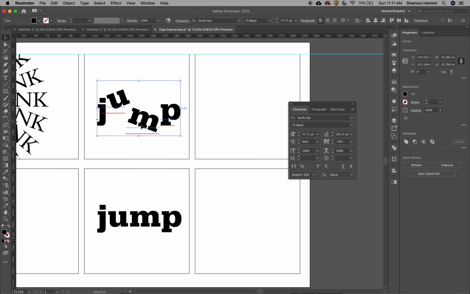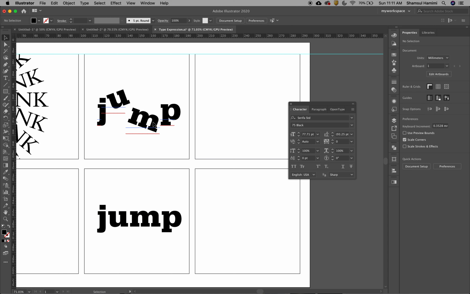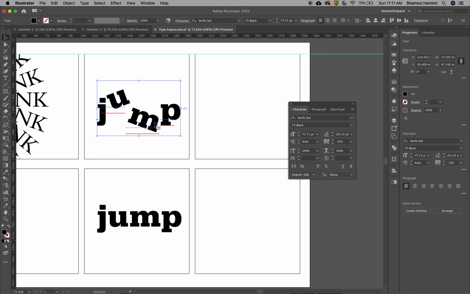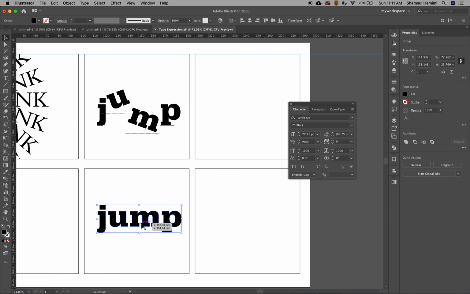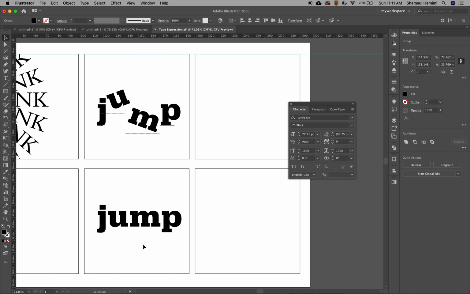While when you do it using the character panel, you can still edit the word. You can add some other symbols and whatnot. So that is the difference between a normal text box and a text that is converted to outline. If you want to go using this technique, it's up to you. So you have more freedom on positioning